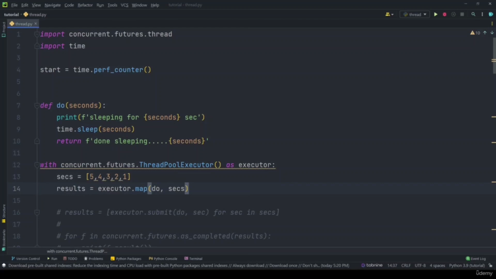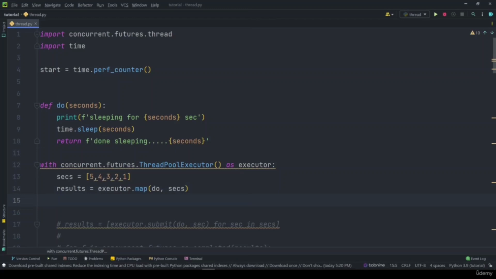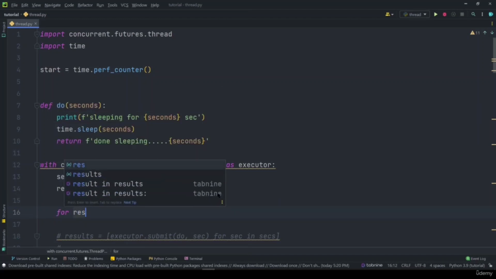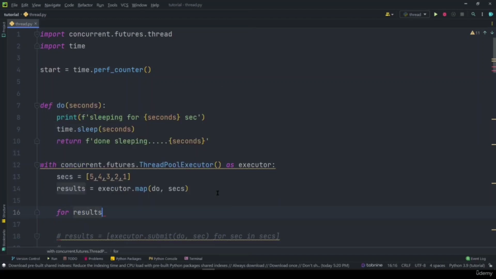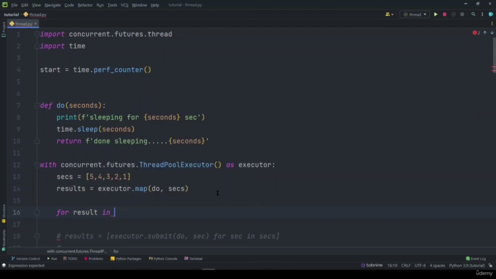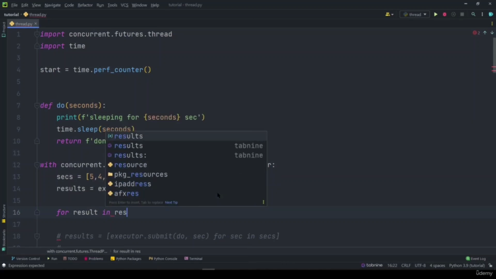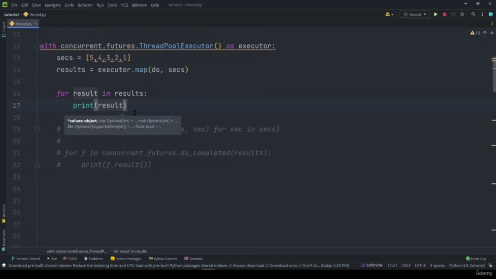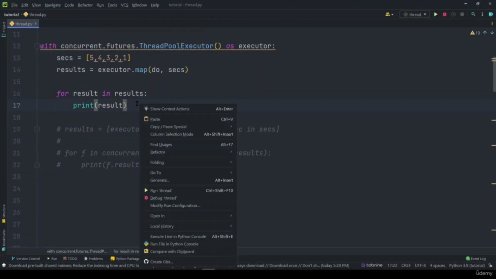Now we have to iterate over this. I told you that it returns an iterator or an iterable. To iterate over it, we can say for result in results, and we can print out the result. Now if I just run the program,